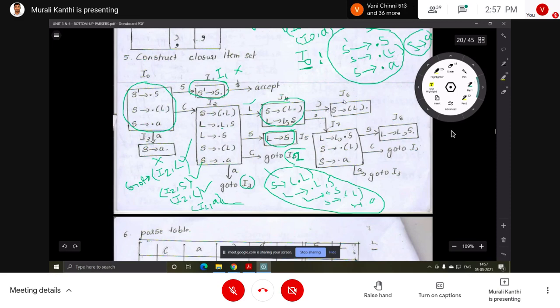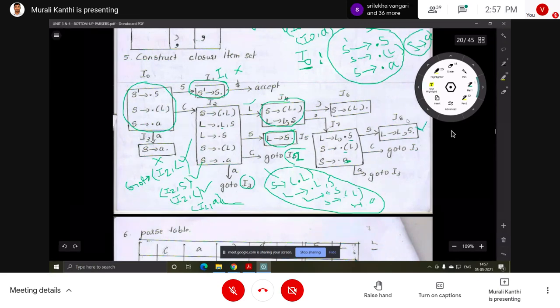So apply the go to function on I6, but it is not possible. Why? After that, no symbol. But it is possible to apply go to on I7, with S, with open parenthesis, with A. With S, we get a dot position shift, so this is a new set.